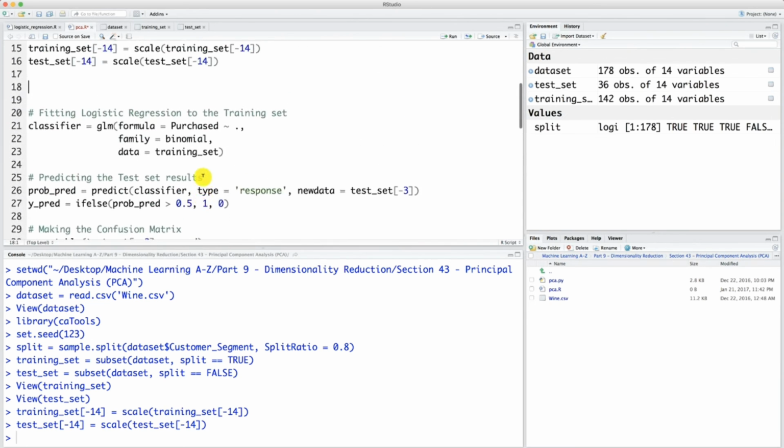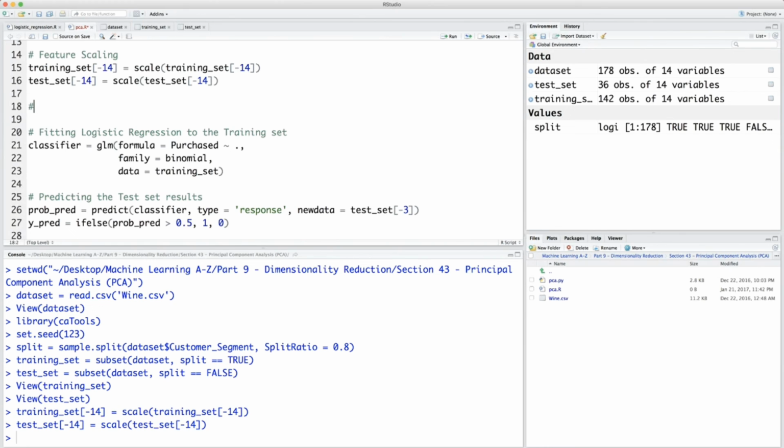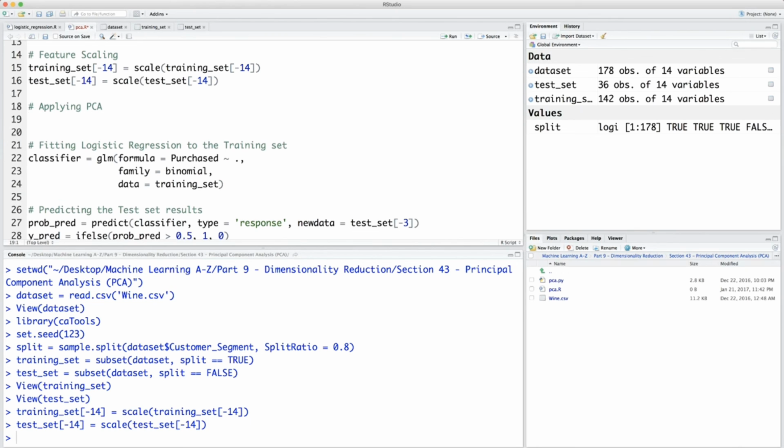All right, so to finish this tutorial, I'm just going to introduce this new section here that I'm going to call applying PCA. All right, and in the next tutorial, we're going to apply PCA, and then eventually we will build our model on our new reduced dataset. So I look forward to doing that in the next tutorial, and until